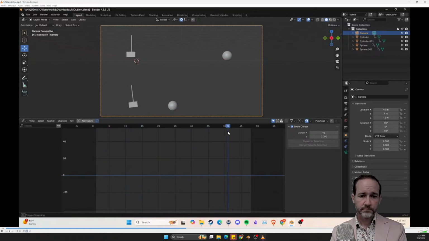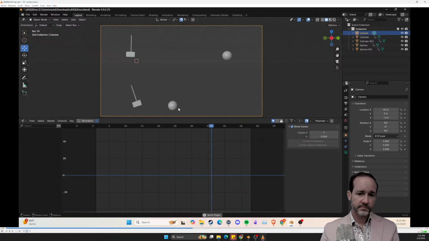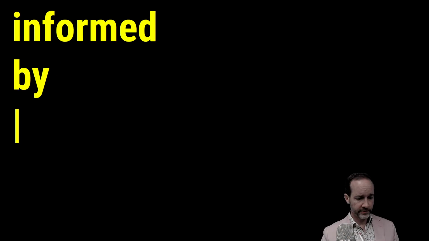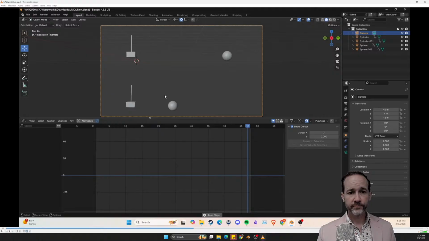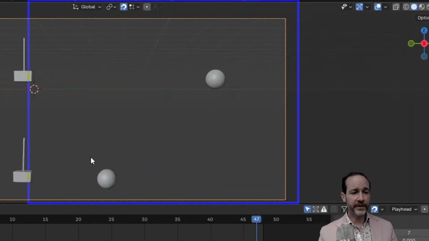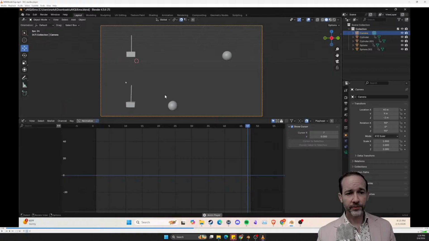It makes it very clear. To be clear, we're not physicists, we're informed by physics. We want to know enough to understand the general principles of how things work, because as we discussed on Monday at length, we're exploring a continuum from real world physics to exaggerated physics. Ultimately we're artists who need to make images that work, and so this looks good.